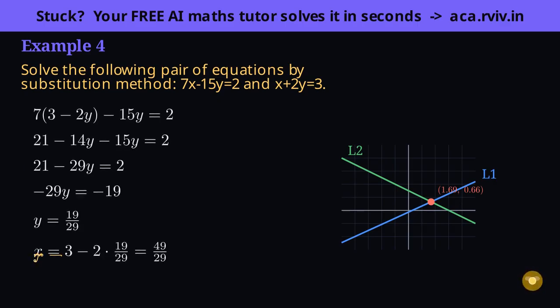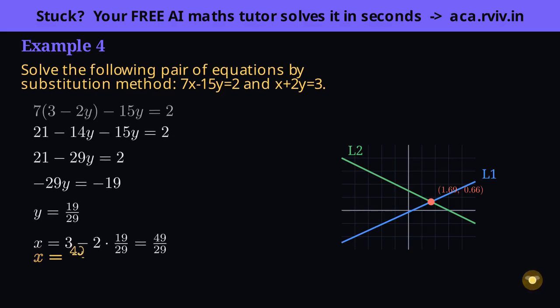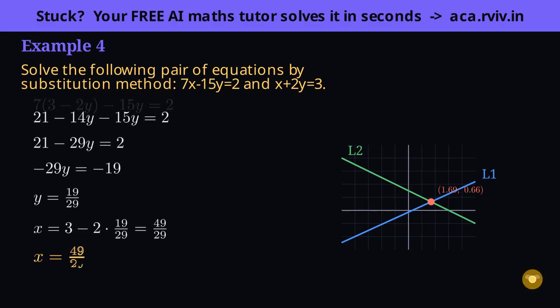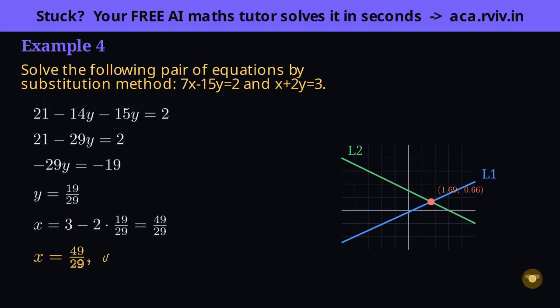Insight: don't be alarmed by the fractions. Substitution delivers the exact values, no rounding. This is exactly why we abandon the graph the moment the crossing point isn't at a neat whole number. Algebra sees what the eye can't.